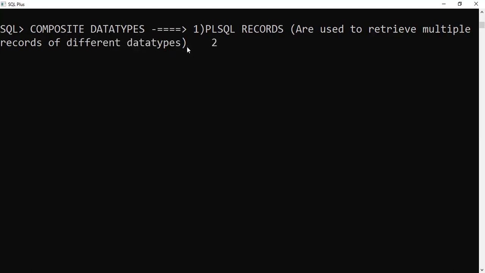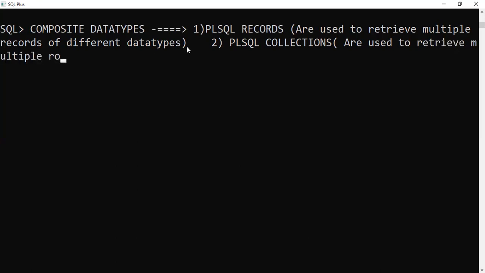Number two is PL/SQL collections. Now, for PL/SQL collections, both of them have something in common. They are used to retrieve multiple rows or multiple records. Let's say records of similar